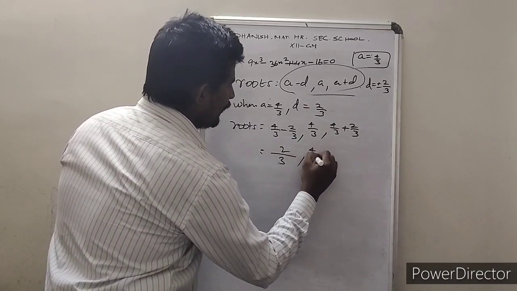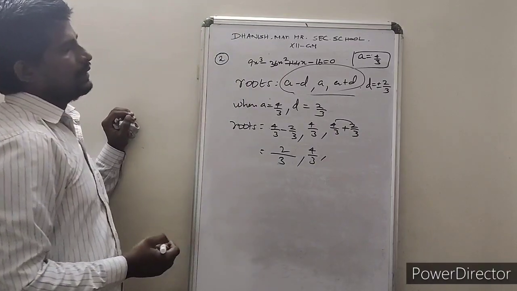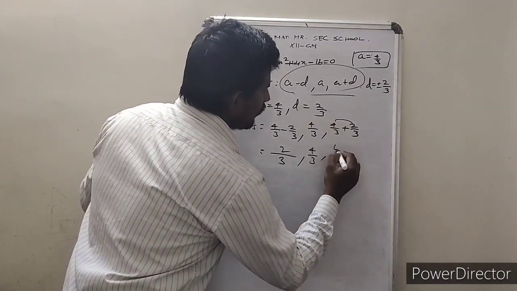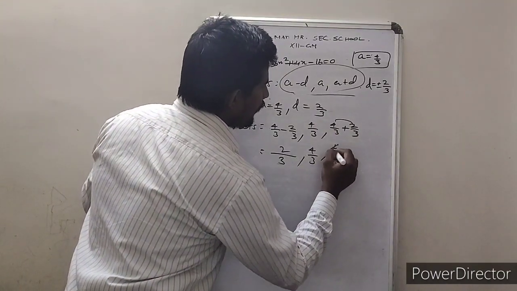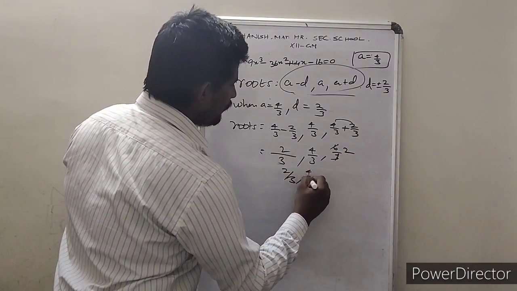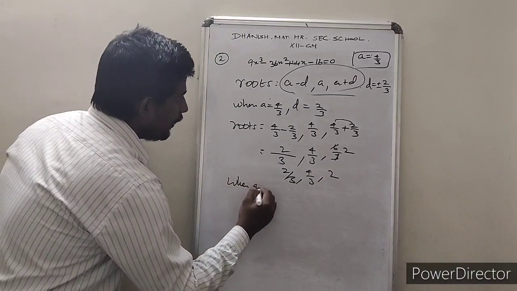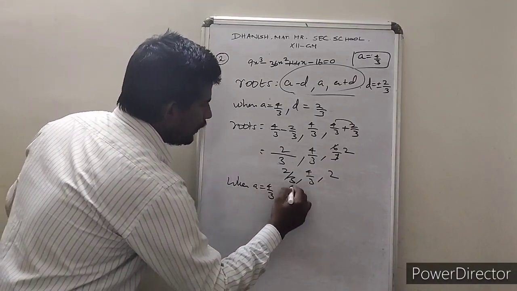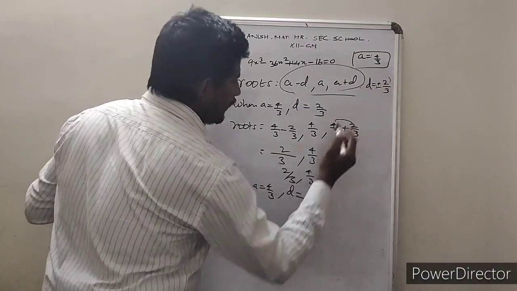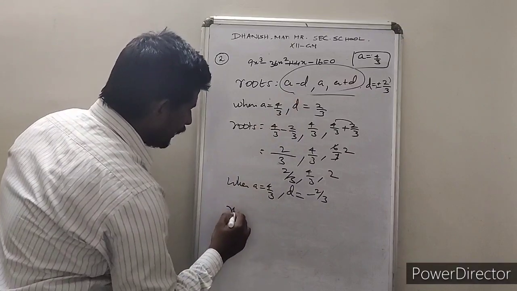So 2 by 3, comma, 4 by 3, comma, if you add these numerators, you will get 6, 6 by 3. So our roots are 2 by 3, comma, 4 by 3, comma, 2. Now when A equals 4 by 3, D equals, here we can take minus 2 by 3. So what will happen? The roots are